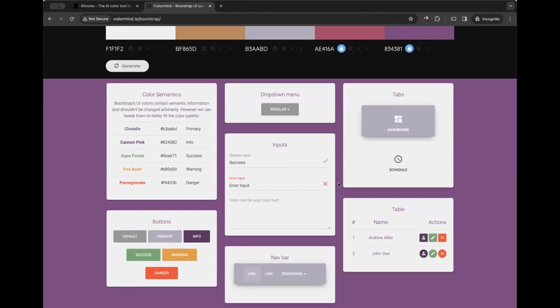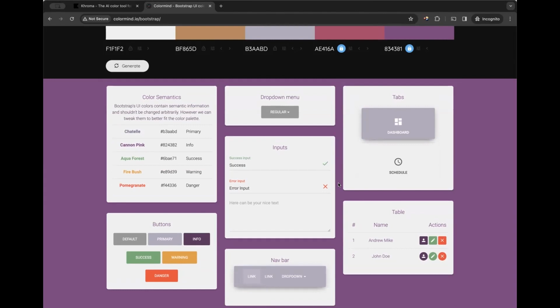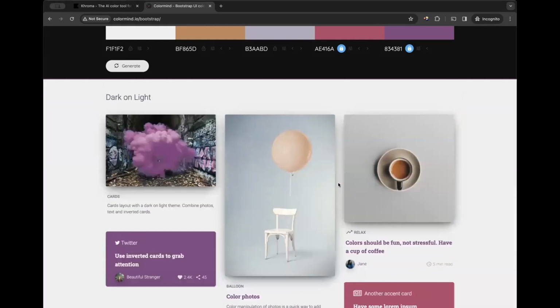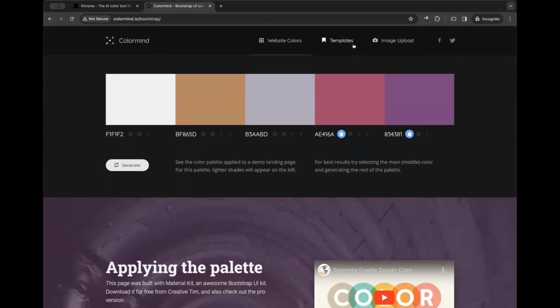I say, okay, yes, I'm okay. I've seen the way it looks on this. I can take a screenshot and show one of the stakeholders. Now, the same thing: you are not a designer, you're a project manager, and your designer is telling you, I cannot find this color, I cannot do this, I don't know how it will look. You can just go straight to ColorMind, go to this AI tool, look for this, see how it's going to look on these multiple channels that you have, and then you're good.